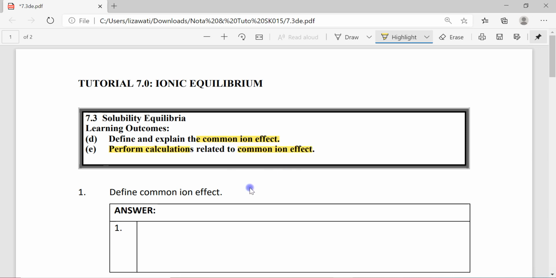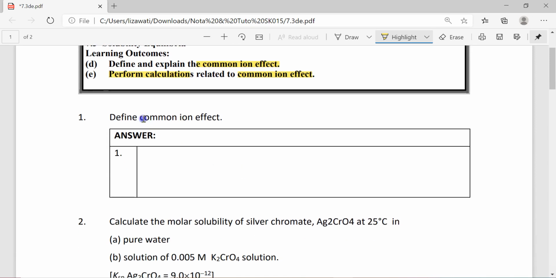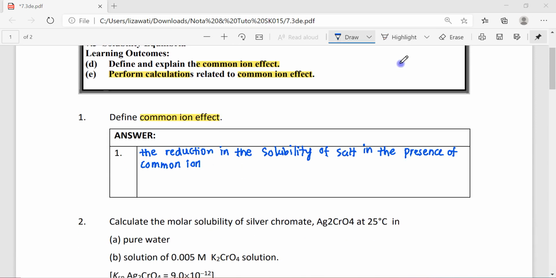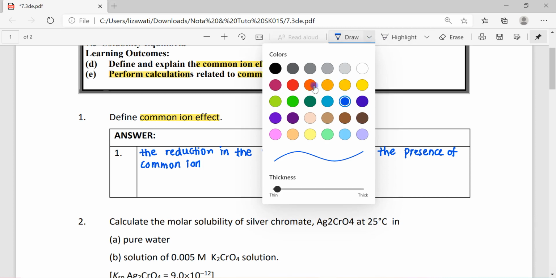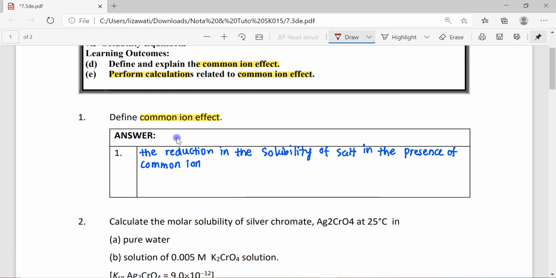The first question here, number 1: define common ion effect. Here is the sample answer. We can define the common ion effect as the reduction